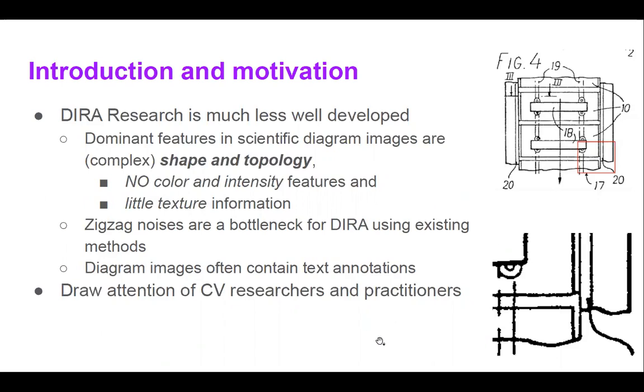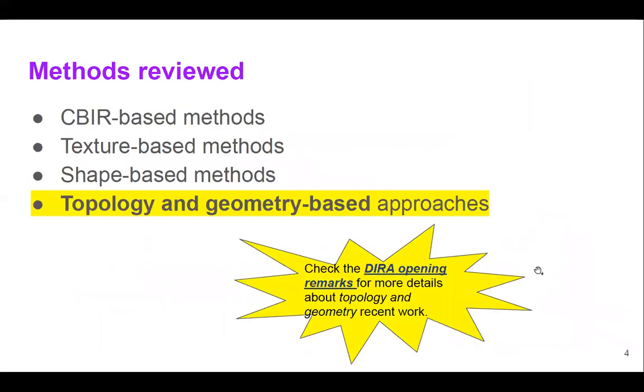Another major motivator is we want to draw attention of researchers and practitioners in computer vision communities. We want to let them know the computer vision challenges are not just for natural images. There is a large gap to fill in the DRA area. We reviewed 4 groups of methods: CBIR, texture, shape, topology, and geometry. For the topology and geometry-based methods, please check my DRA opening remarks for more details. In the rest of the presentation, I will cover the challenges illustrated through our preliminary experiments for the first 3